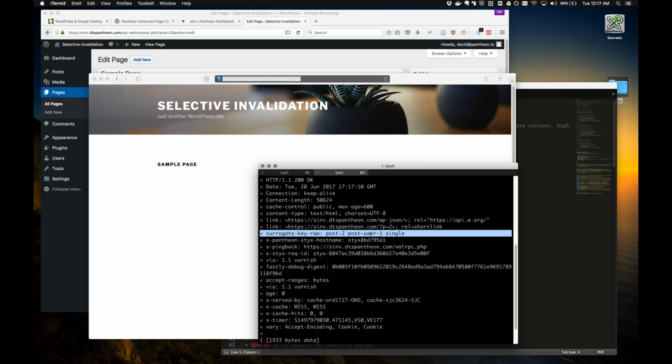You actually can't see them here, and you never really need to see them, but they're basically random alphanumerics, and that allows us to invalidate specific keys for specific sites across all sites, without having any kind of overlap where, like, if someone tried to invalidate post 2 on one website,